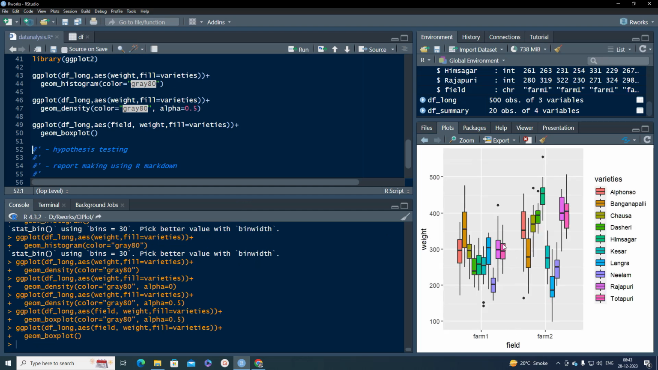Now you can see the boxplot is grouped for farm 1, because this is for field x-axis, and color is specified by varieties. You can see the legend also. This is a grouped boxplot for farm 1 and farm 2, we can see. Okay. Now this boxplot can be converted to a violin plot, because this boxplot actually doesn't show the data distribution, local density distribution, and for that we go for the geom density